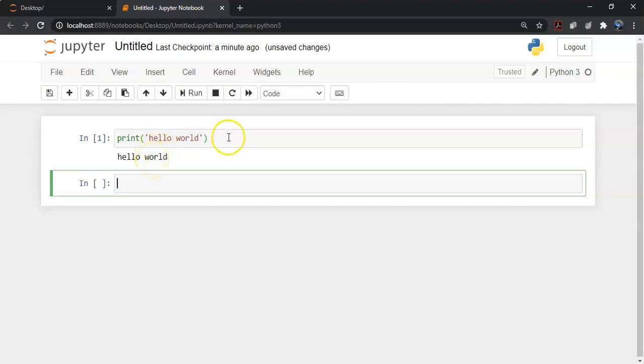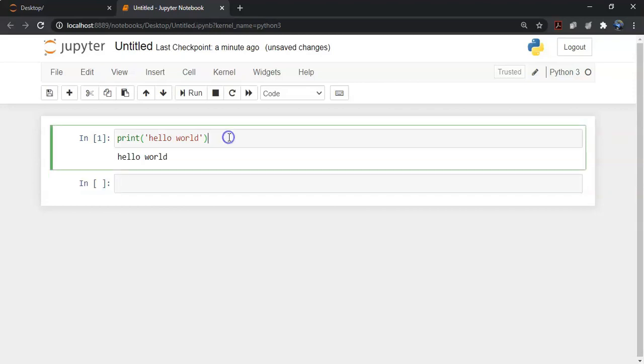Now cells can be considered as the body of the Jupyter. Cells can be of three types: code, Markdown, and Raw NBConvert. So a code cell is a place where code is typed. So this is a code cell. And when executed, the code will display the output below the cell. The type of code depends on the type of the notebook we have created. So as I mentioned before, here we have created a Python 3 notebook. So the code will also be Python 3.